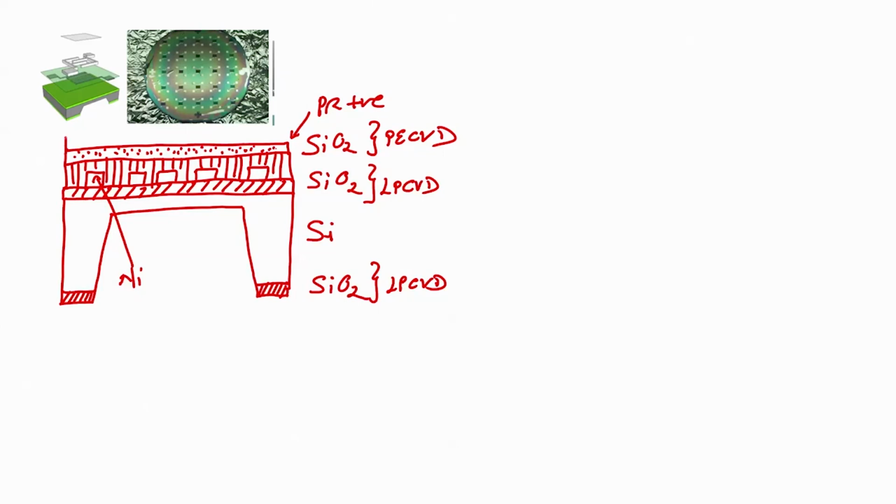So, we will have a mask, we will have a mask which is a dark field mask. In this case we are using a dark field mask, earlier in all the cases we were using a bright field mask, right. Why? Because we want to protect silicon dioxide in all the areas on the microheater except the contact pads,